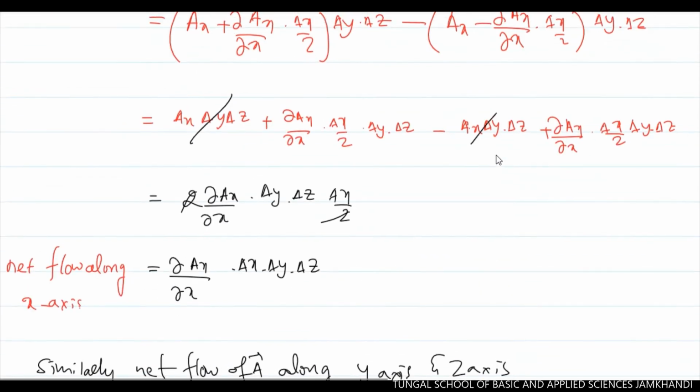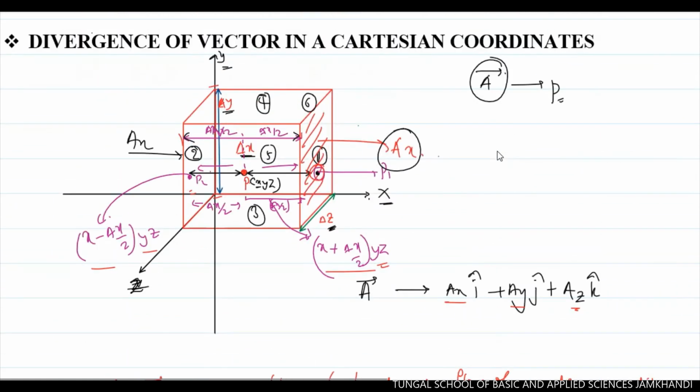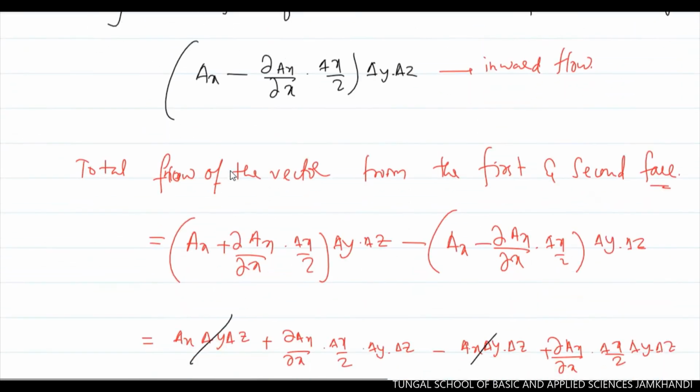Whatever the flux is coming through the y axis here, it is along this direction, this is along the y direction, this is along the x direction, and this is along the z direction. If you take the inward of this in the z direction, that is from that face, all these three are the fluxes. If you calculate the total flow rate of that vector through that unit volume, that is a net flow